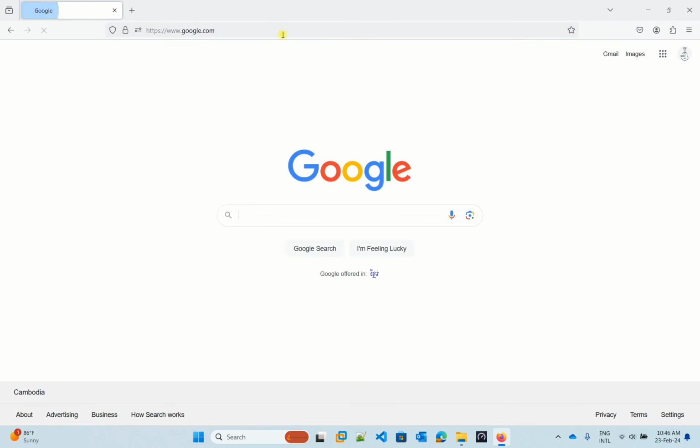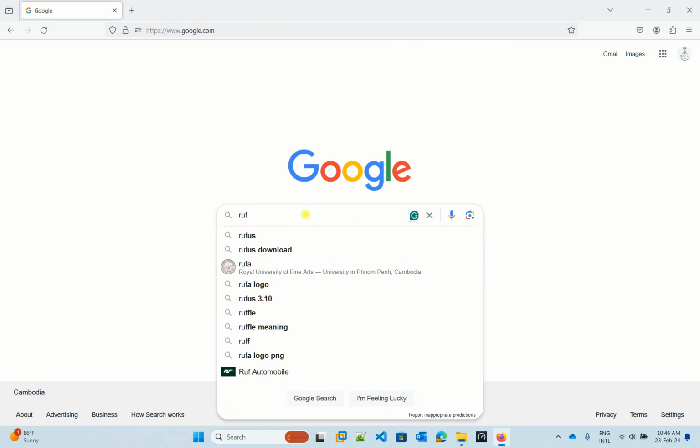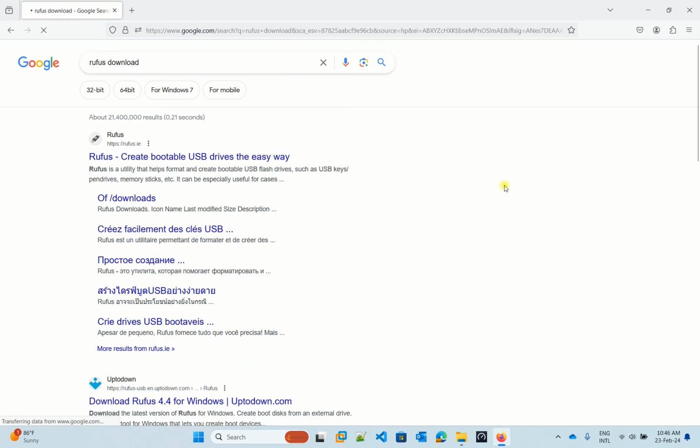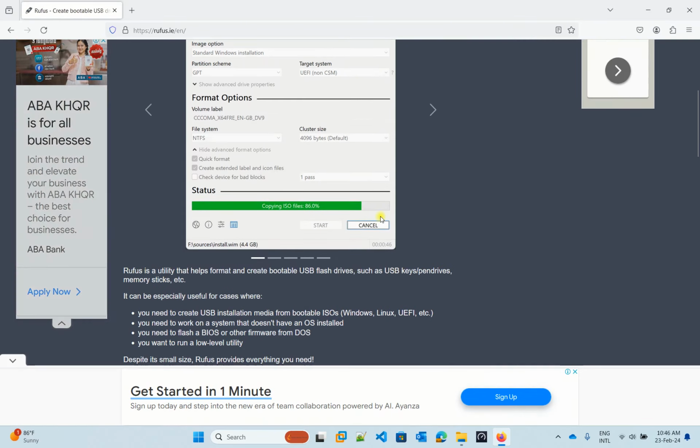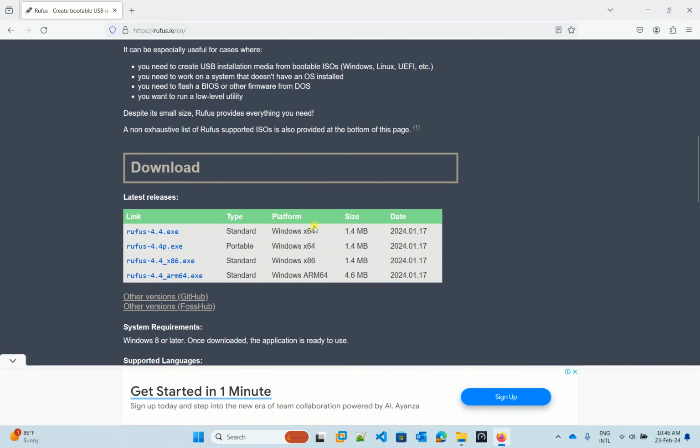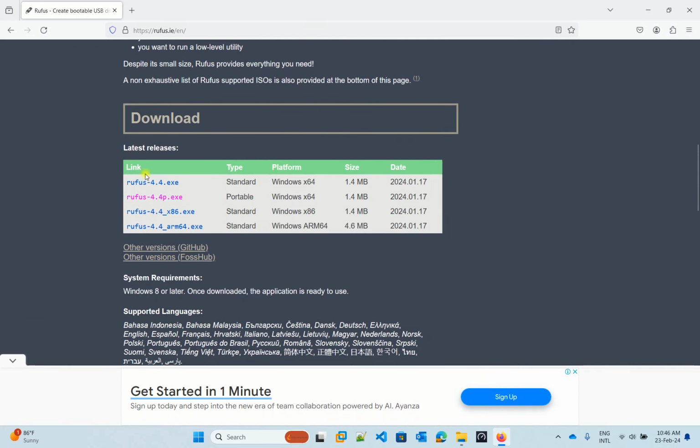So I go to Google and download Rufus. Okay, and then you can click here. Okay, and then you can download this software from this website. Okay, here if you have versions